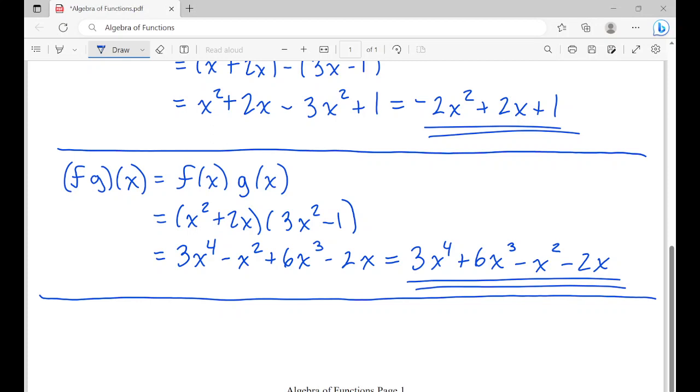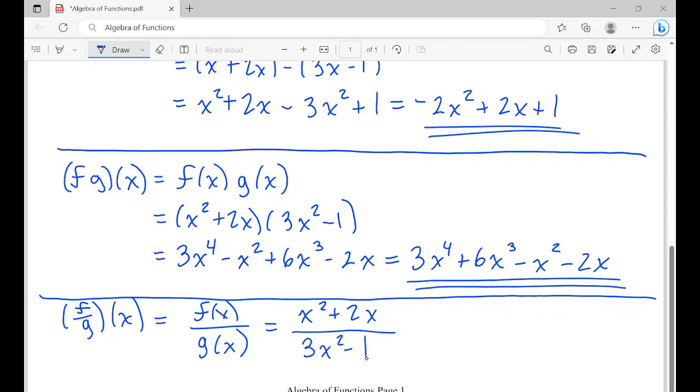Now last, we're going to do f over g of x. So that just means f of x divided by g of x. And so it's as simple as how it is written. So we're just going to do our first function, f of x, x squared plus 2x divided by